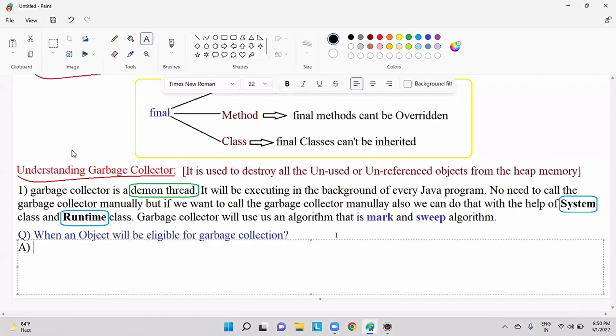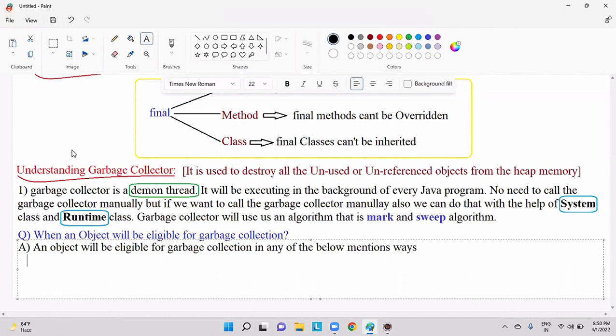An object will be eligible for garbage collection in any of the below mentioned ways.